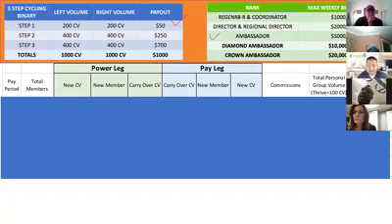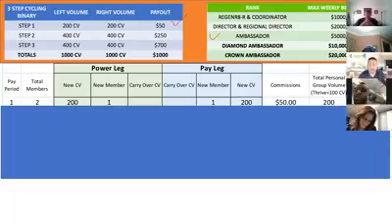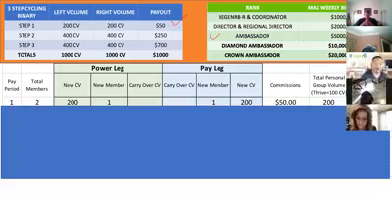So check this out. We're going to go ahead and now on pay period 1, I'm going to go ahead and outline each and every category here. Pay period is also the weeks. Like pretend this is your first week in business. That's pay period 1. Total members is the total members in your whole binary organization, left and right. Your power leg is the leg that has the most volume, that will carry over all the volume from existing pay periods, and your pay leg is what we base your paycheck and your commissions on, right? So you have new members in your power leg, new members in your pay leg.